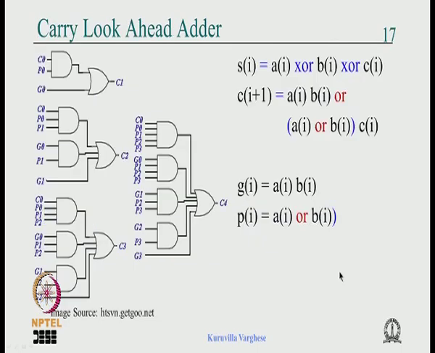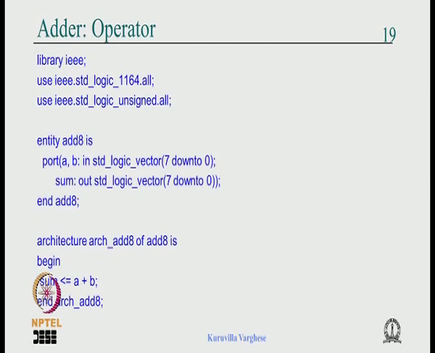the ripple adder, carry lookup adder, but when it comes to VHDL, normally if you want an adder, you just write it as an 8 bit adder: A and B are 8 bit vectors, sum is an 8 bit vector, and you just say sum gets A plus B. If you want a carry out, we have discussed in the arithmetic section how to write that. You can adopt that scheme,